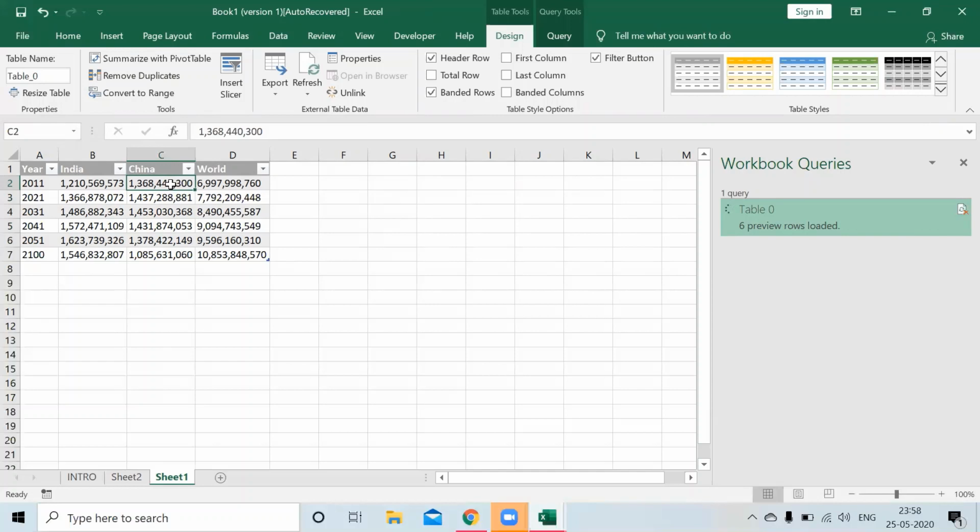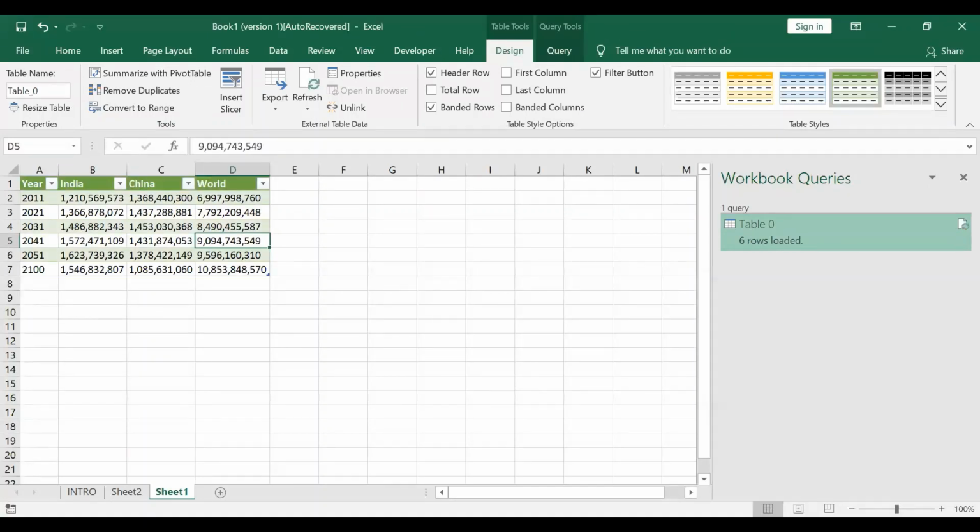There are many data like these which are huge in number of rows and columns, which might not get extracted from the web pages. So to ensure that we sequentially and easily extract data, this is one of the best methods. So now that we have extracted our data, let's try to understand more about the functionalities that Power Query offers to me.